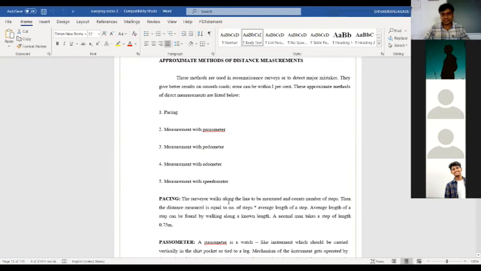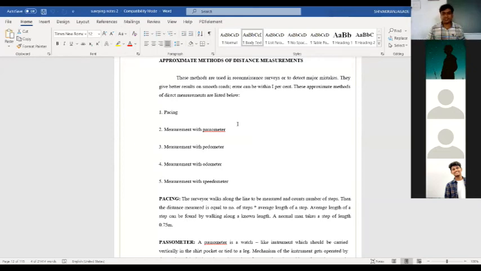So how many of you are aware of cricket gameplay? Cricket on the ground. Only boys. On the ground, we're going to measure the length of that field, where the batsman is going to stand. So how are we going to measure the length of that? Usually with the help of footsteps, right?